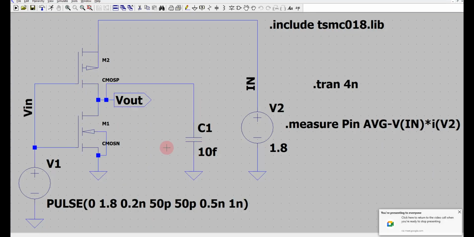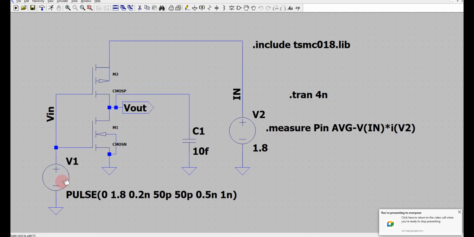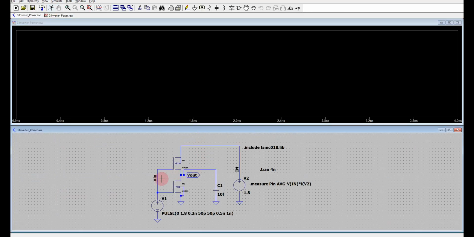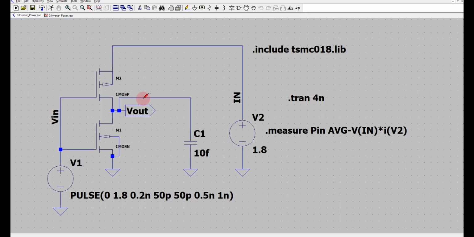Okay, now this is to find out total power. For that, instead of a DC power supply source, I have used a pulse train out here, and then I am doing a transient analysis. Okay, so that is the difference. So now I plot V in. So this is V in, and now, before that, let me remove this capacitance and show you first,